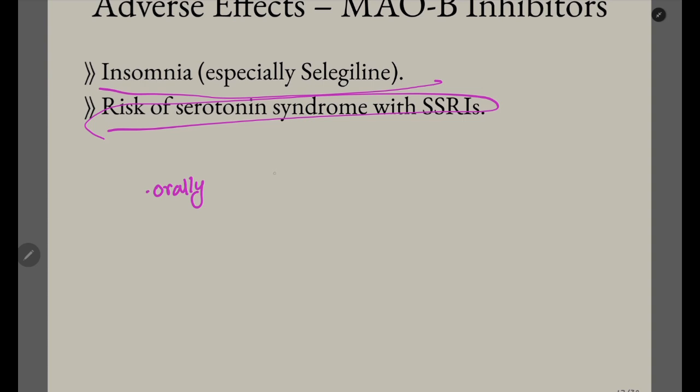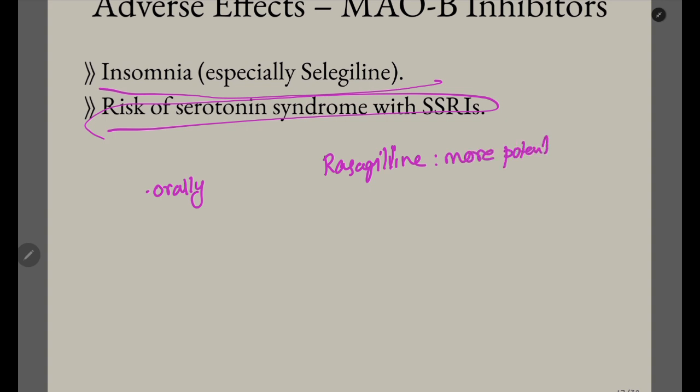And Selegiline and Rasagiline do not inhibit the monoamine oxidase in the periphery, so they have a neuroprotective role. They inhibit monoamine oxidase only in the brain. Okay, and thus they slow down the progression of the disease, they do not prevent it. And more potent is the Rasagiline. Okay, Rasagiline is more potent